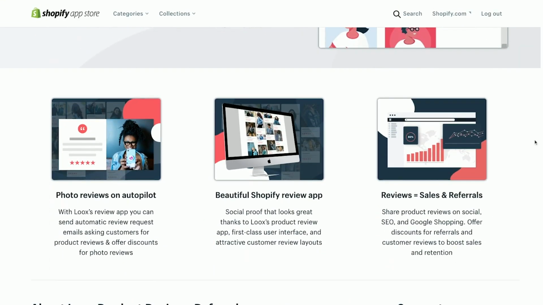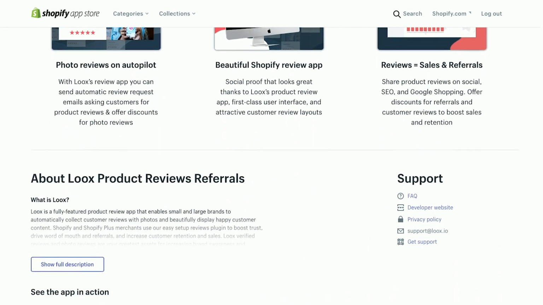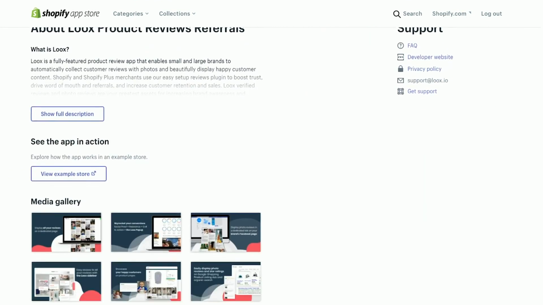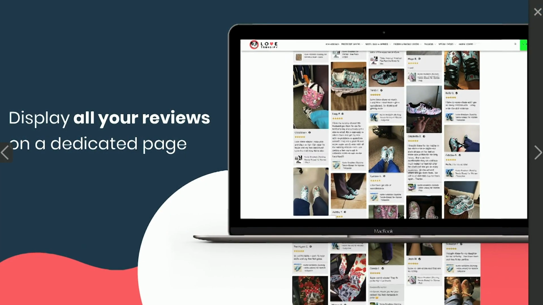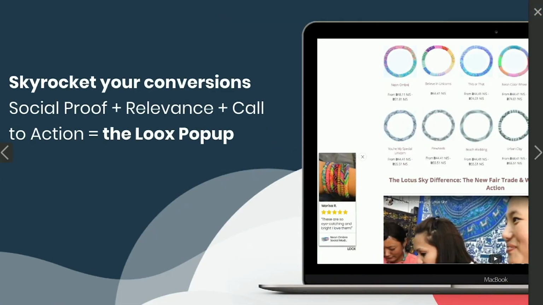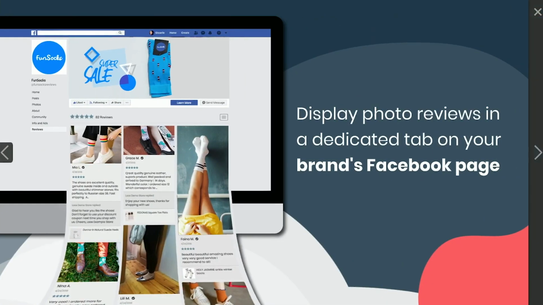A good idea to overcome this issue is installing a Shopify app called Loox that helps you to import reviews and photo reviews directly from AliExpress very easily. This app will help you to showcase product reviews from happy customers in beautiful galleries of photo reviews and to build social proof and strong trust with people visiting your store.